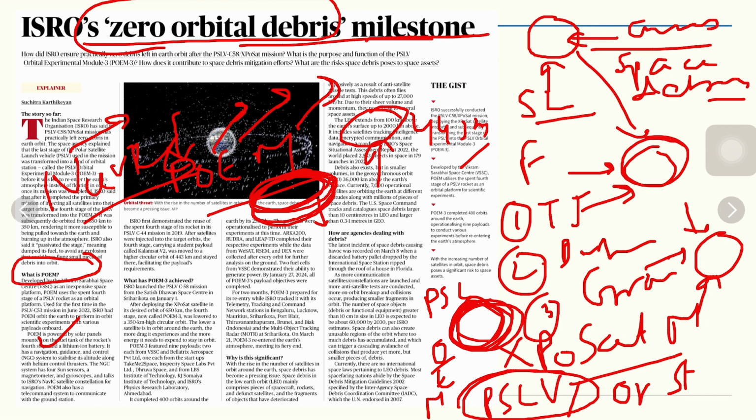Even whenever we feel like bringing them to the Earth's atmosphere, we can bring them by lowering their orbits. And it is being achieved after the three stages of the PSLV rocket have been done. In the fourth stage, whatever spent fuel is there is utilized to achieve this kind of phenomenon. So the rocket debris or the satellite debris in the orbits can be reduced in this manner. This can be one of the great technologies.